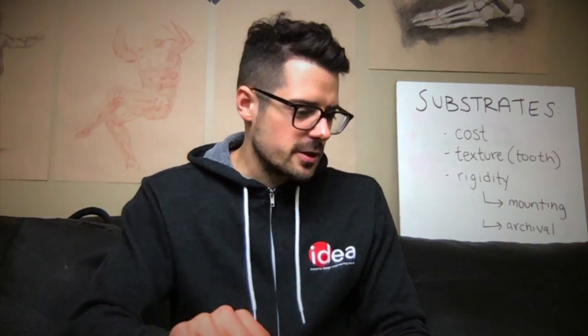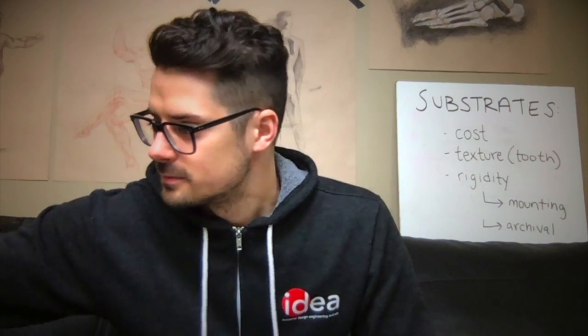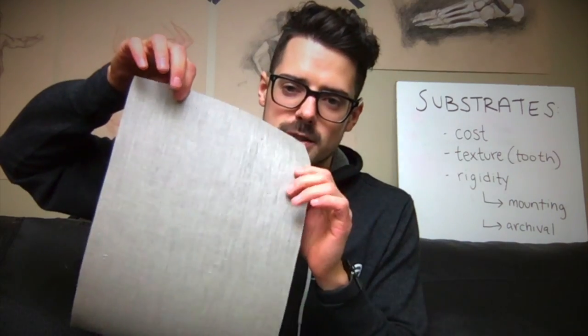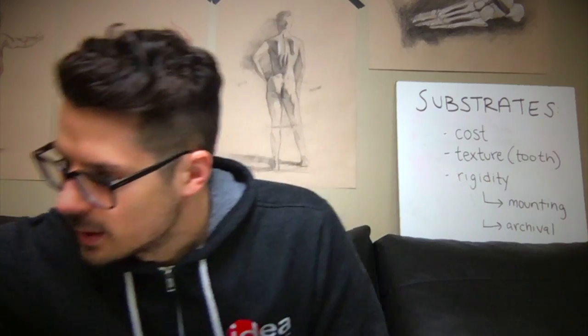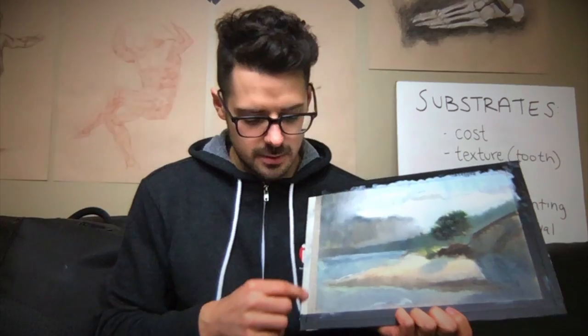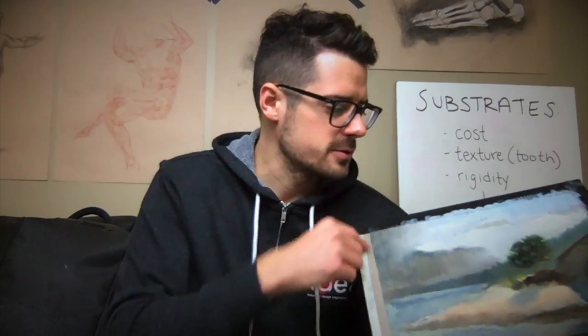So what we saw in there was this was taped to a panel. I was using just this brown, and we'll get to that when we get into the stretch canvas, just why I like the brown. But it's kind of just taped to one of these panels. And so then that way I'm not painting and spending money on a panel each time. I'm just buying the cheap stuff, doing a bunch of studies. If it turns out good, just tape it on there. If it turns out well, rip this tape off. You have this beautiful border. And I try and figure it out. So this is a